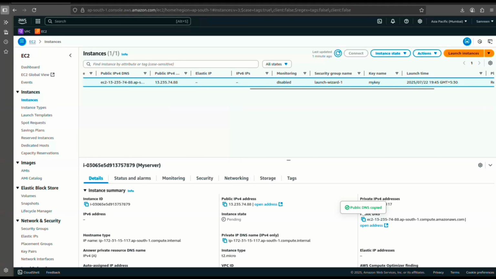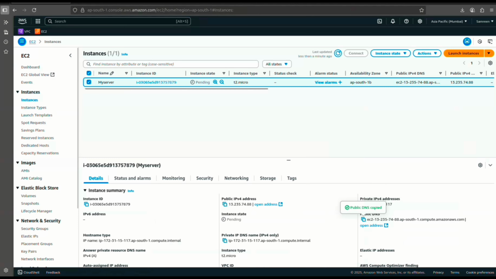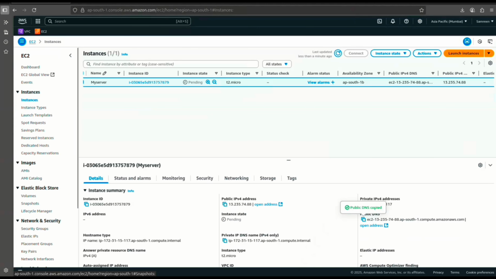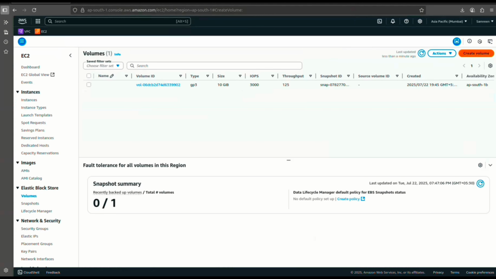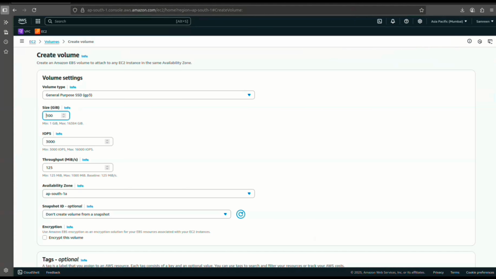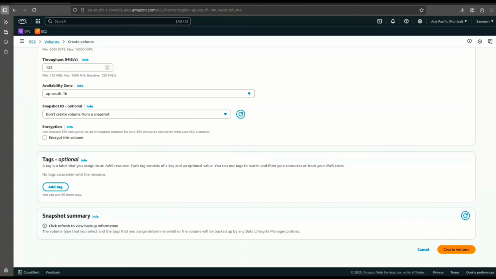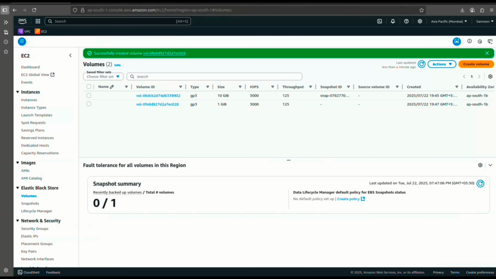After that, we have to create a new EBS volume in the same availability zone and attach it to the instance. For that, we have to check the availability zone of our current instance. It is in 1B. Click on volumes, create volume, enter the size, then select the availability zone 1B. So your volume is created,